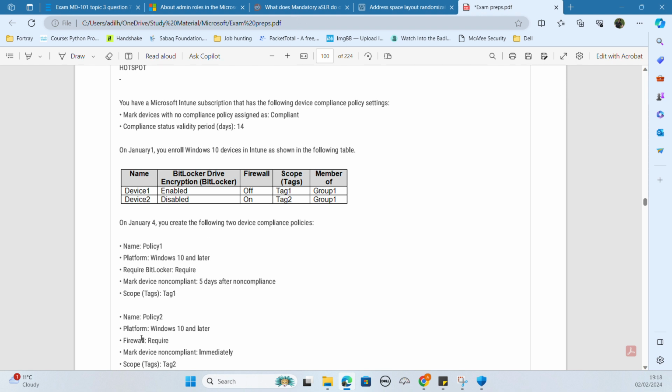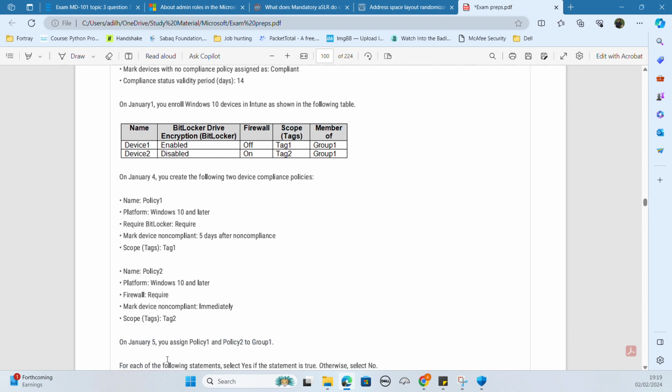Then policy 2, firewall is required, and you see mark device non-compliant immediately. That means the policy is implemented immediately. There is no grace period. Here we have a 5 days grace period, here we don't have any grace period. Take 1 and take 2, not important. Okay, now